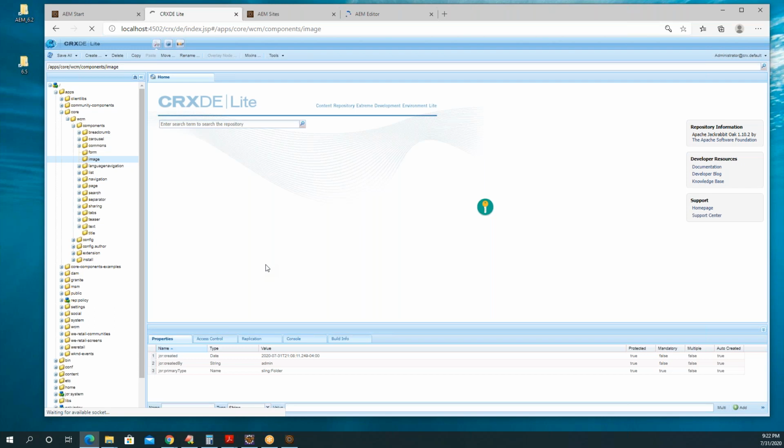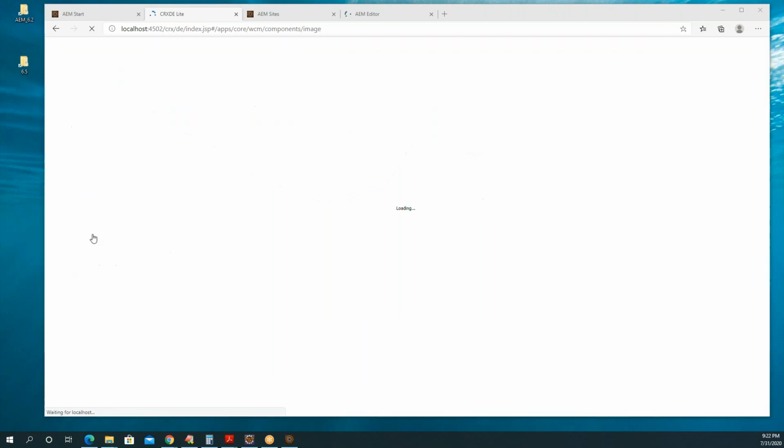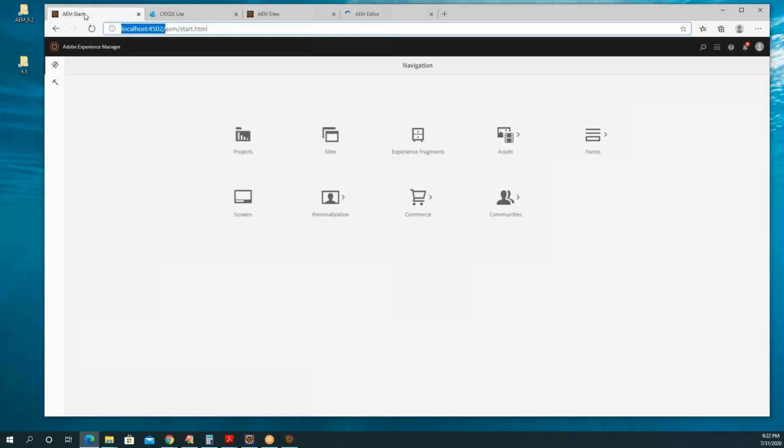Somewhere it has to cache. But if you open CRXDE, you can log in directly from CRXDE. Okay, you are not logged in actually. That is the problem. Open this in an incognito browser window.